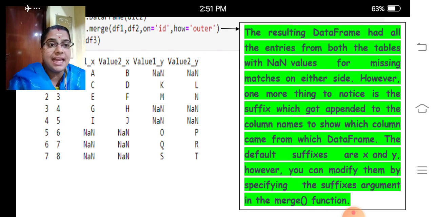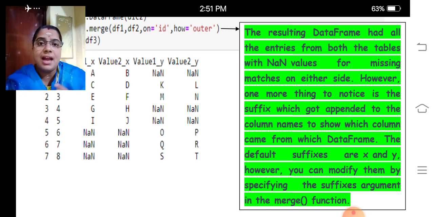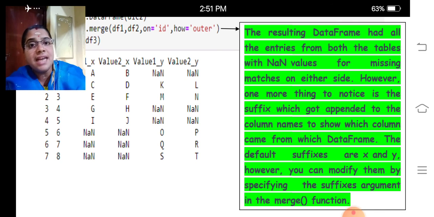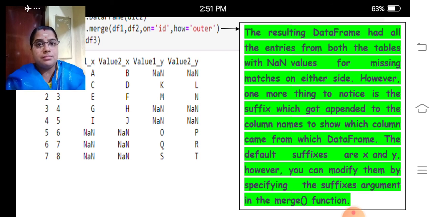We can use the x and y suffixes for different data frames. The x is from df1 and y is from df2. And for mismatch values, the interpreter automatically gives a NaN value in the output.